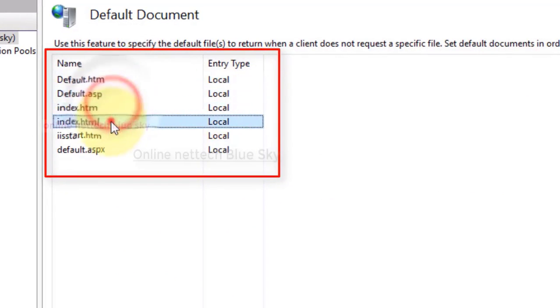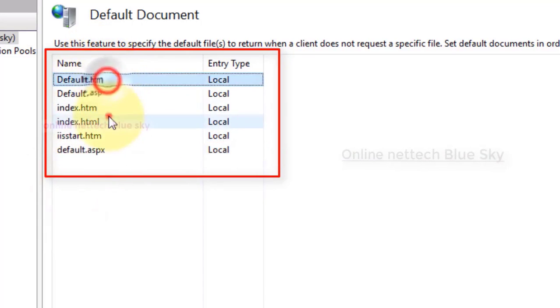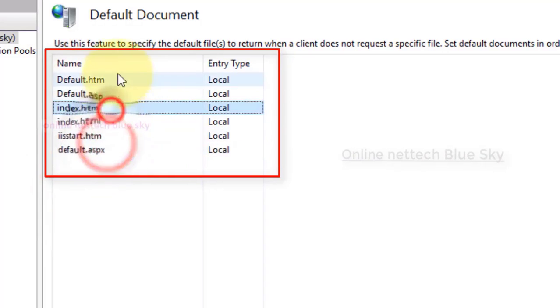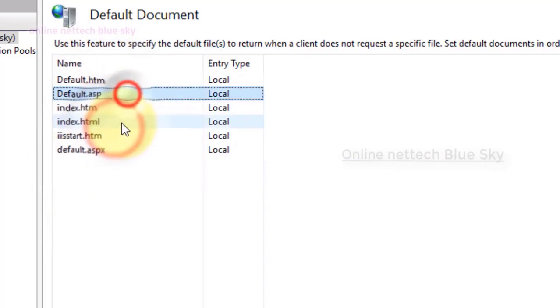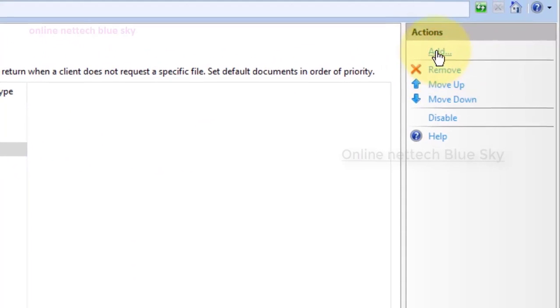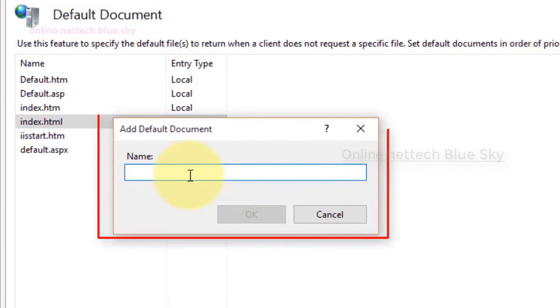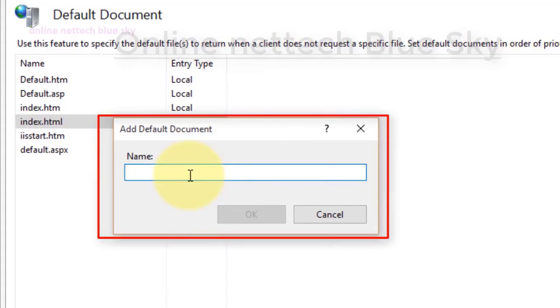This index page is very important. I have already entered index.html, you can see it here, and you can add more here. So you add your first file name here, and you must enter it. The default document means your default document starts here.